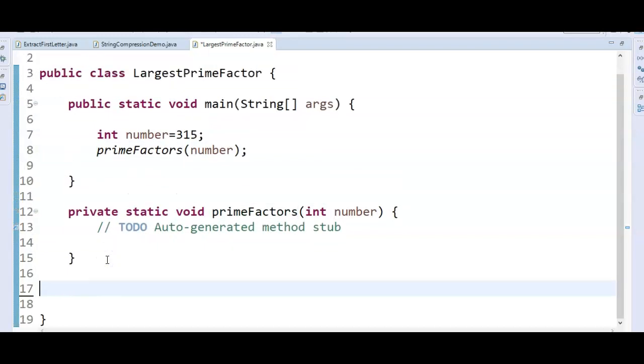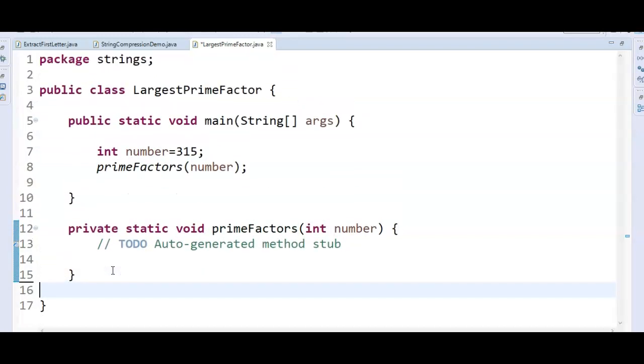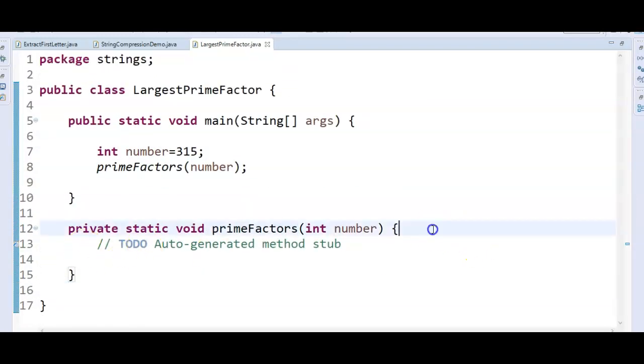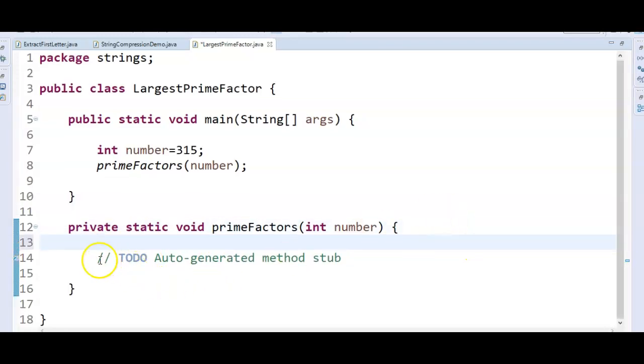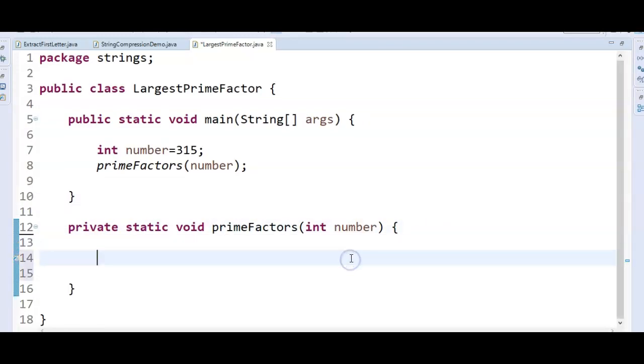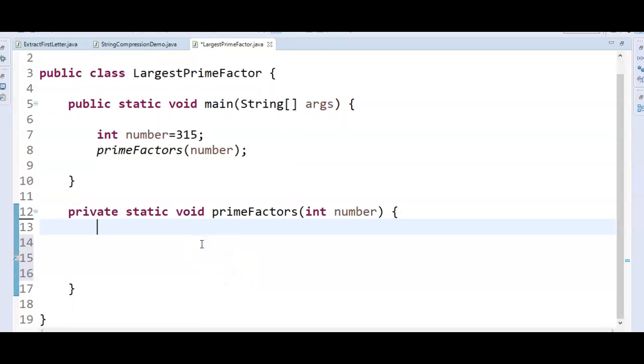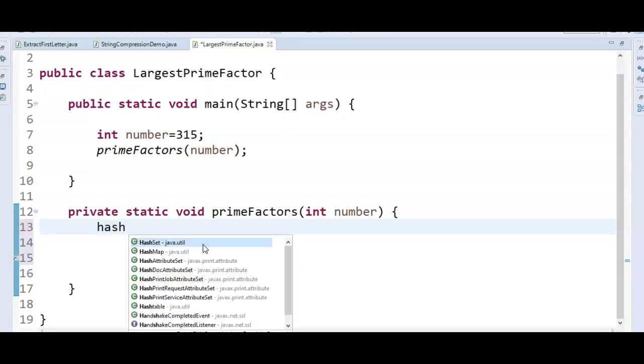And now what we are going to do is, we'll start the loop as I told you, right? First we'll take one set. Why this set? I'll tell you.